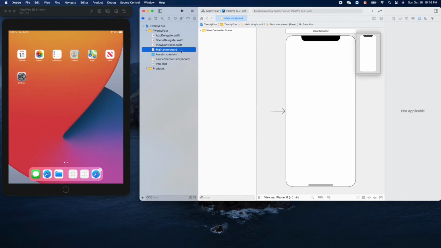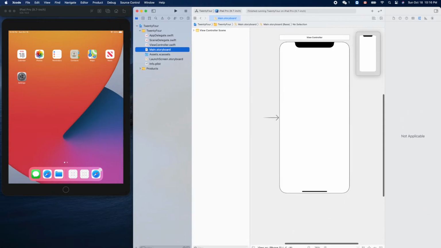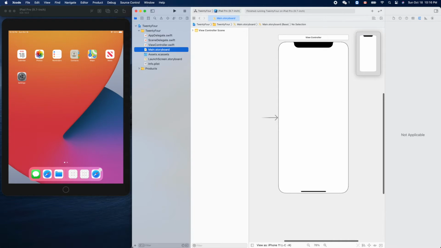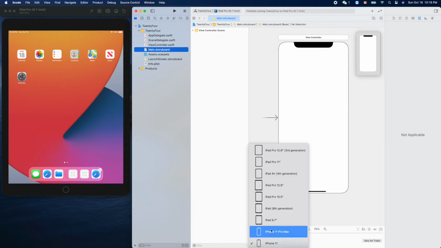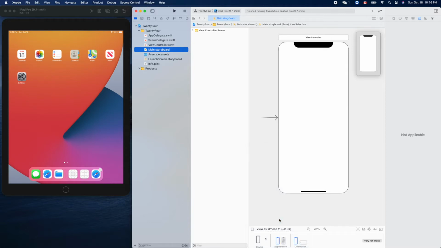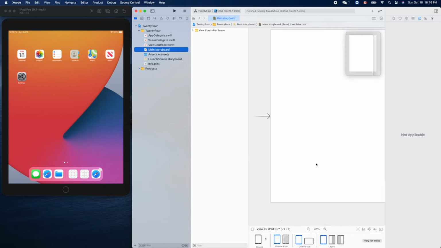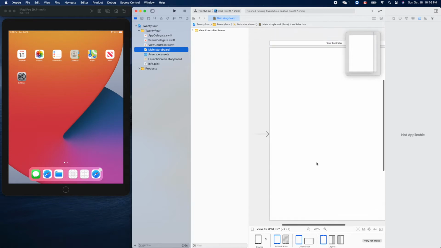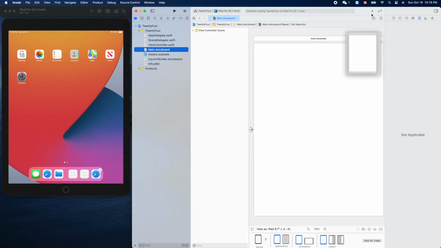Okay, so let's make this window bigger, like that, and click here to change it to our device, iPad 9.7-inch. Okay, using two fingers to move that,